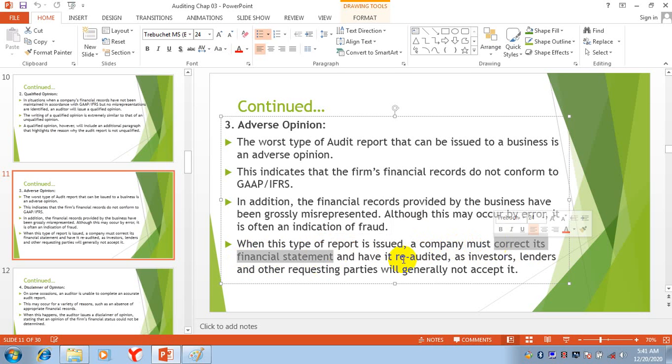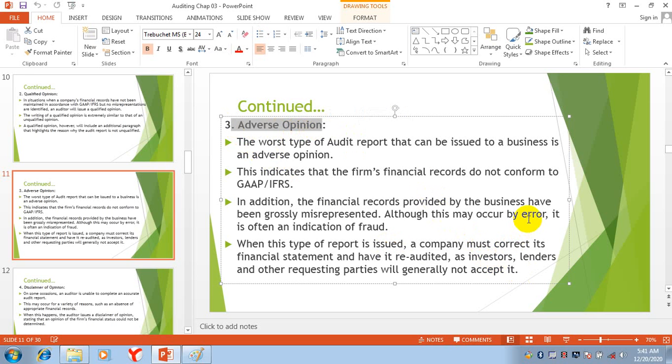They will correct its financial statements and have it re-audited. Then the auditor will again come and re-audit the financial statements, as investors, lenders, and other requesting parties will generally not accept it, because if there is adverse opinion, nobody will accept it.